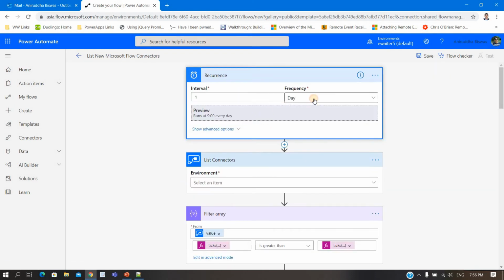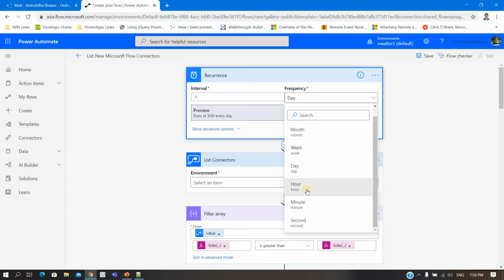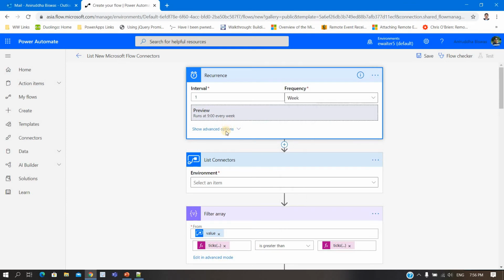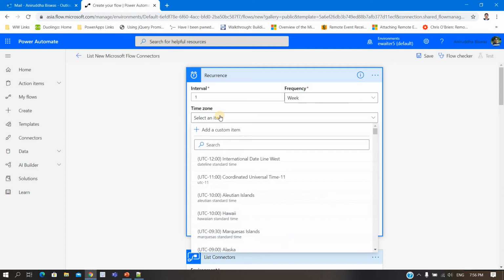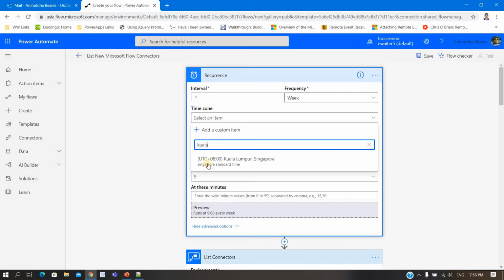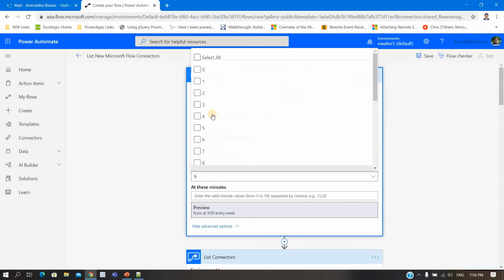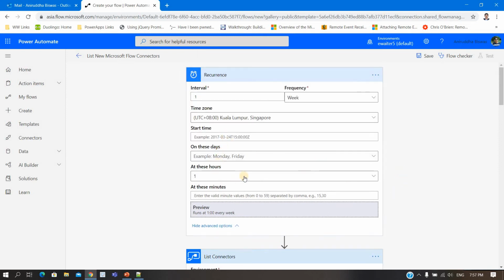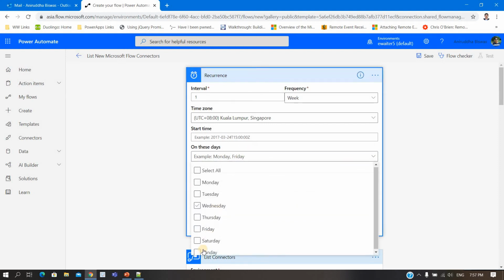Here it is every day, but what I want is per week. Again, the same thing: the time zone would be the morning, 1 o'clock, and only Sunday.